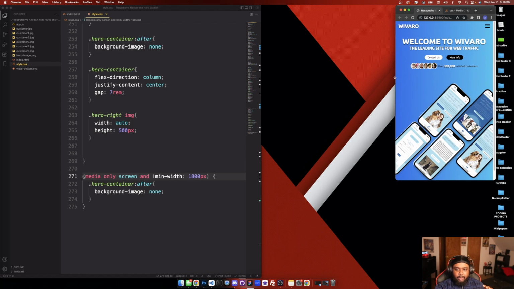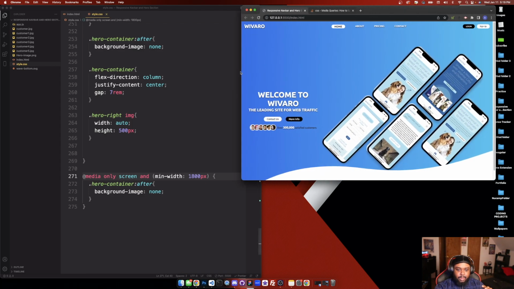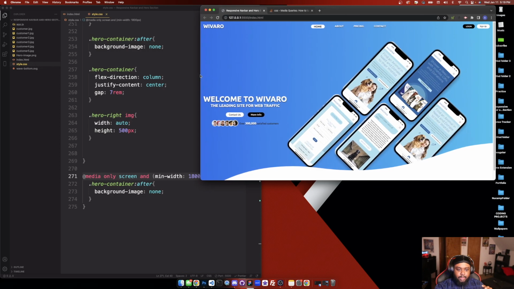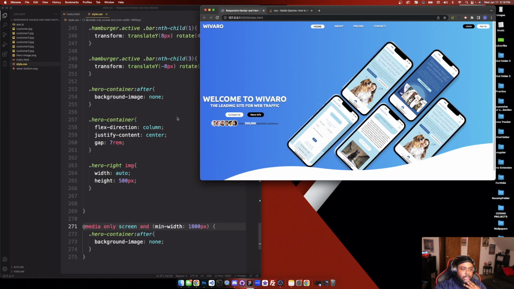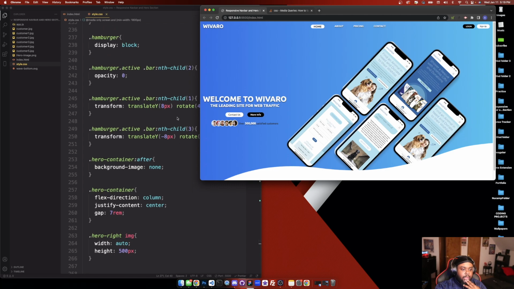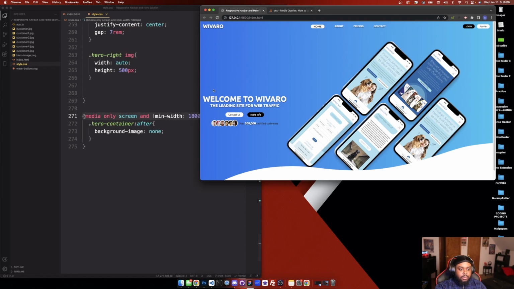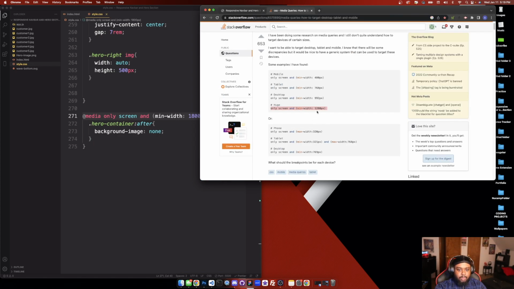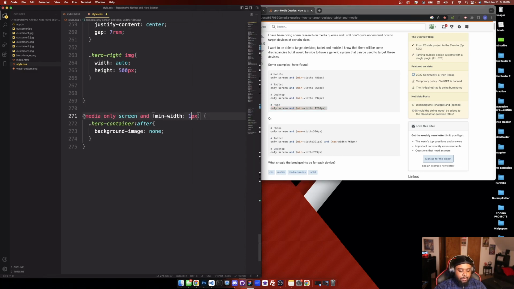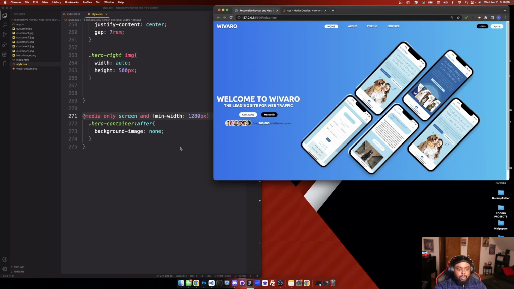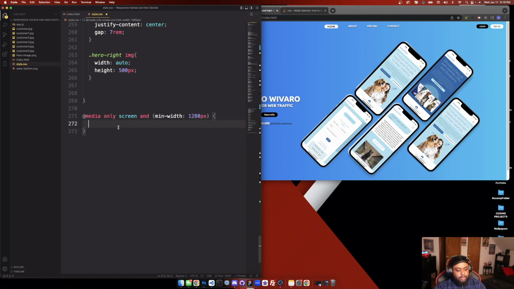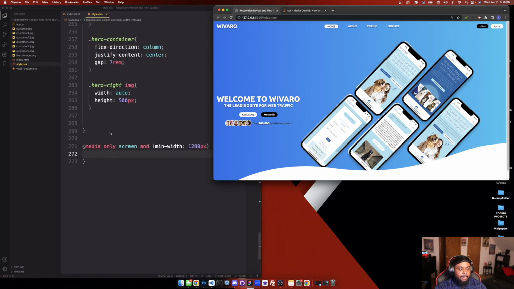Okay, so it looks good there. Come up and looks good, looks good, looks good. Still looks good. So like right there maybe. So I'm trying to think how to fix this. So 1280. Let's do this right quick. Alright, so 1280, it can still stay on. So it still looks good at 1280, but the hero container,